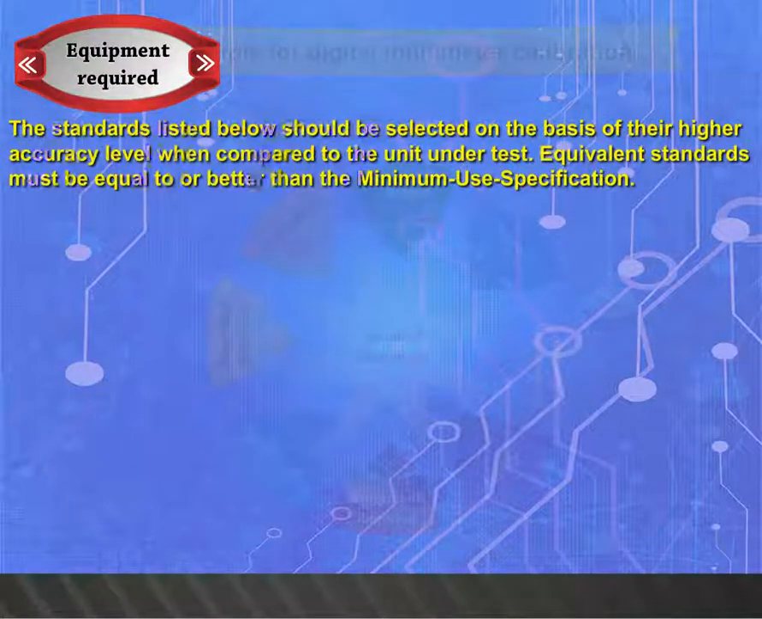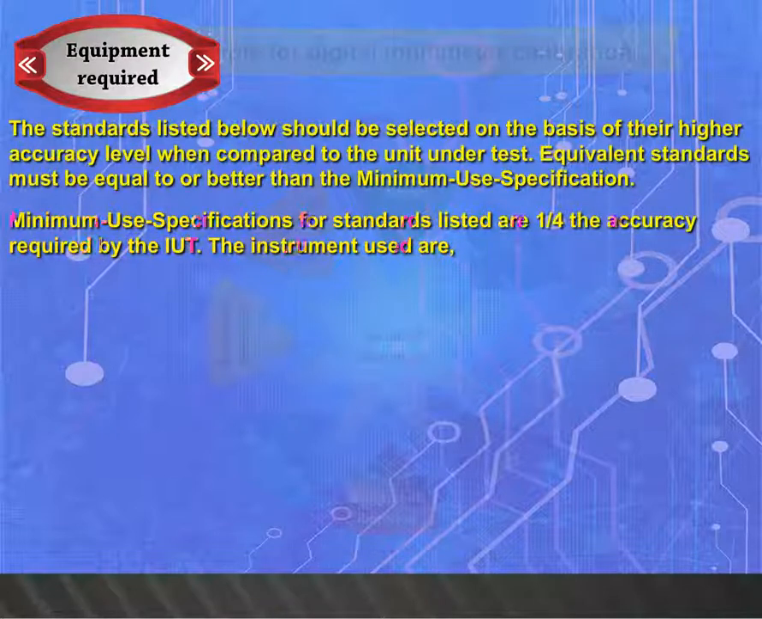Equipment required. The standards listed below should be selected on the basis of their higher accuracy level when compared to the unit under test. Equivalent standards must be equal to or better than the minimum use specification. Minimum use specifications for standards listed are 1/4 the accuracy required by the IUT. The instruments used are